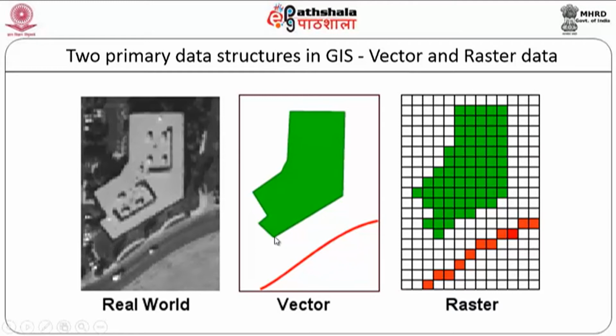You can see this vector data exactly follows the line as you see here. This line just goes around like this. This is a polygon and it ends up here. Whereas this river, or it could be say a road, has to be represented in this form. But please bear in mind, a road also is not line data. It is only for representation purpose. A road also contains width. It also has length. So a road is also area data. But still, basically we represent the road as line data.